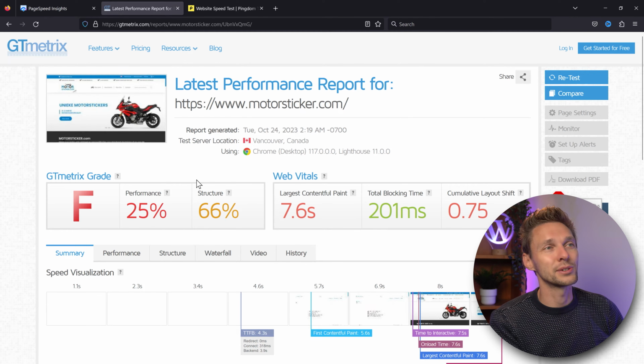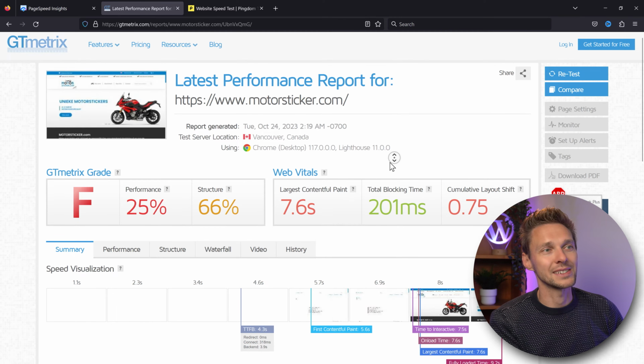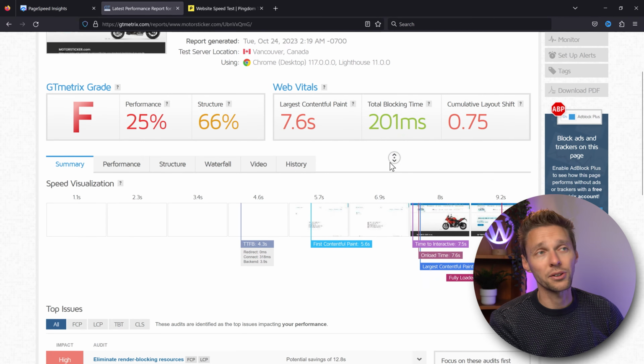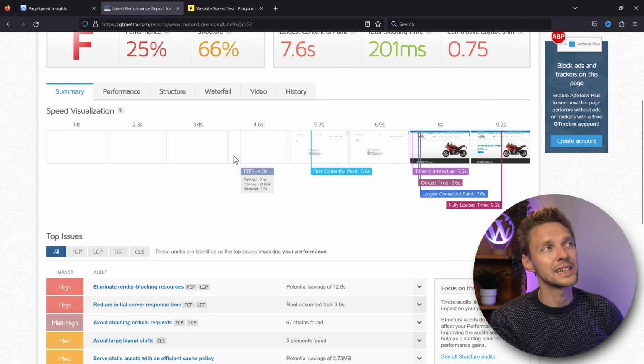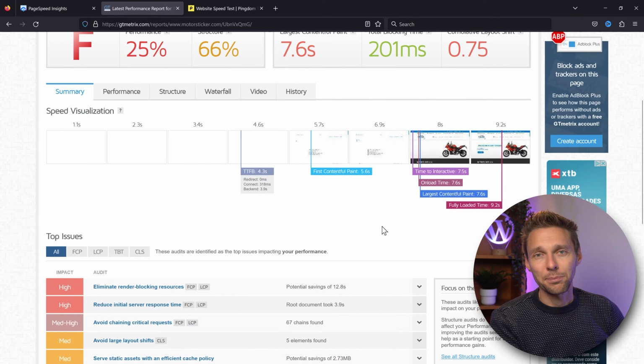This is not very good. And why? Again, largest contentful paint, they're not happy with it. And the performance is just 25% because it takes way too long. If you scroll down on your own website, you will see the seconds, 1, 2, 3, 4, 5, 6, and then at 8 seconds, it's actually ready for time to interactive. That means after 8 seconds, you can actually use the site, and that's way too long.